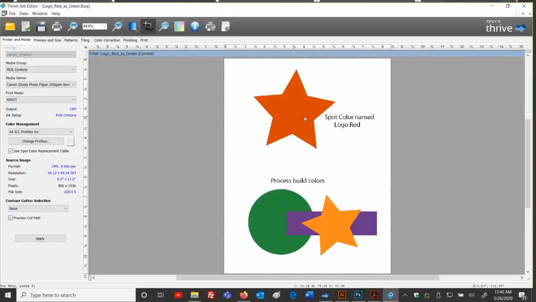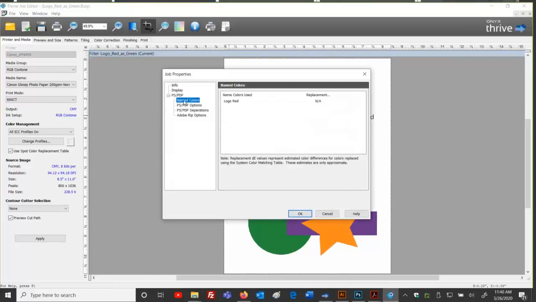And if I hover with my cursor, at the bottom of the screen down here, you'll see the dot percent: 10.2, 79.2, and 91.4. That's the recipe I typed into my patch. That's what I get to swap out because the name is there. While we're here in Job Editor, I want to remind you the blue circle with the white eye for information, named colors. This will also show you the spot colors that are in the file.